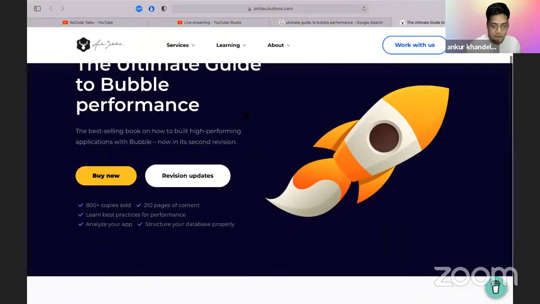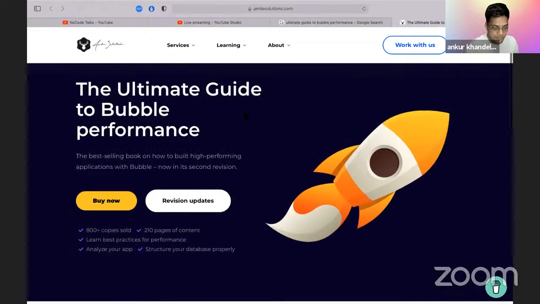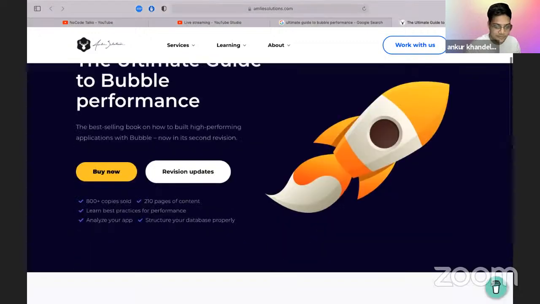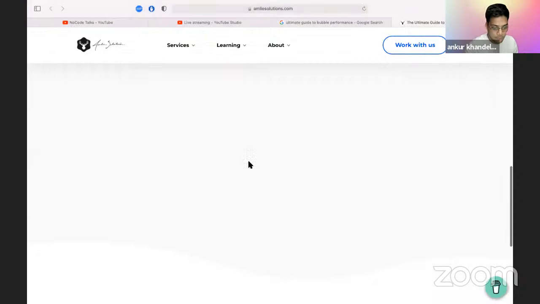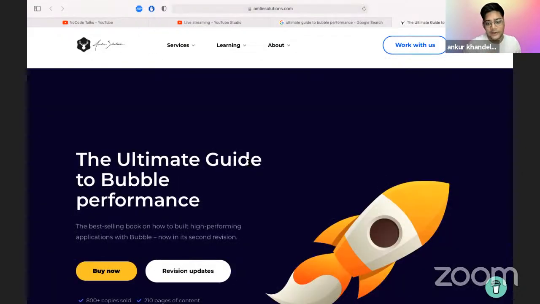So go check out the book, and I will definitely encourage everyone to purchase it. It's an awesome book. But I recommend first going on Bubble, looking at the platform, and trying to build one app yourself. Go Google and all. Then after that, read this book. Because if you jump directly into this book, you will say, what is this? It is pretty complex. Bubble is complex, but Bubble is not complex.